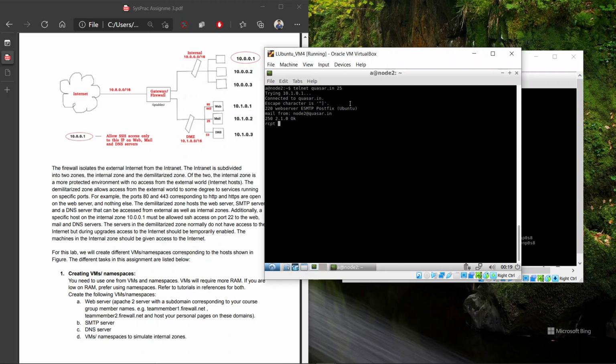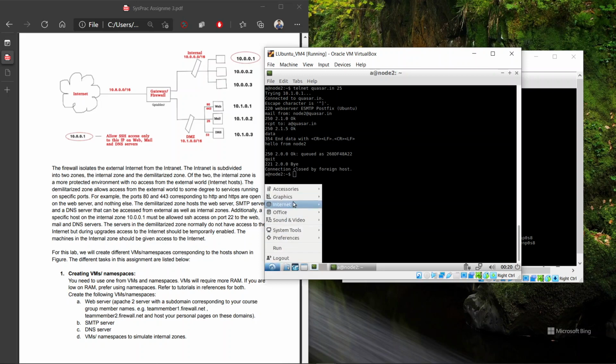Now add the recipient, which is a@qsar.in. Now let us add the data. Here we would add something like hello from node2, add a full stop here, and it is queued now. I would quit from here. This closes the connection.